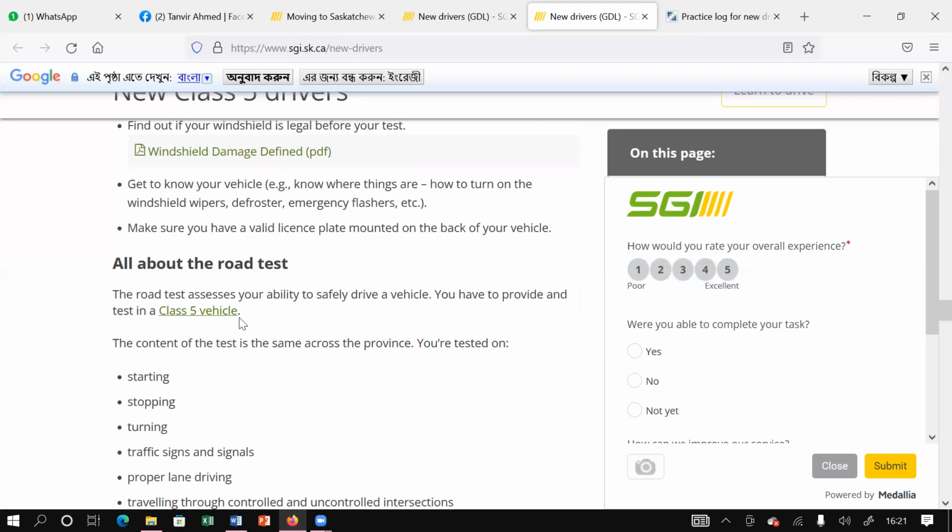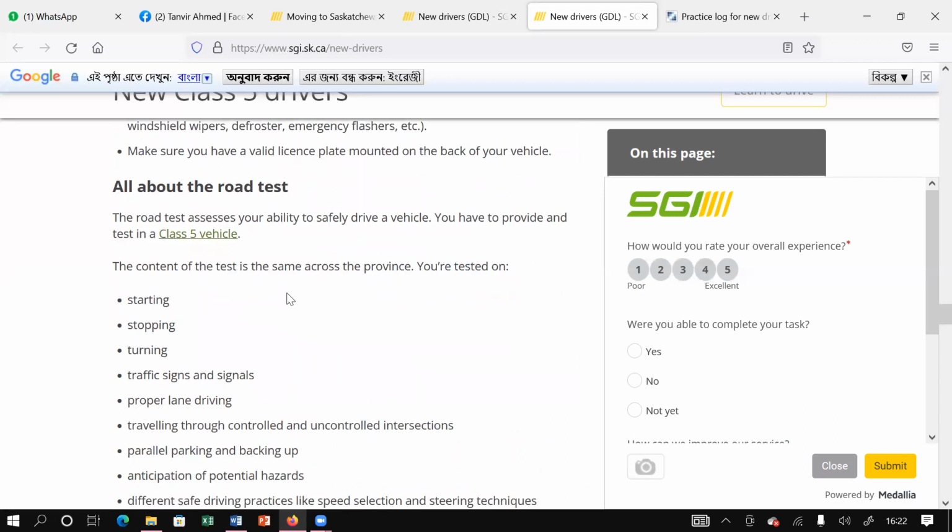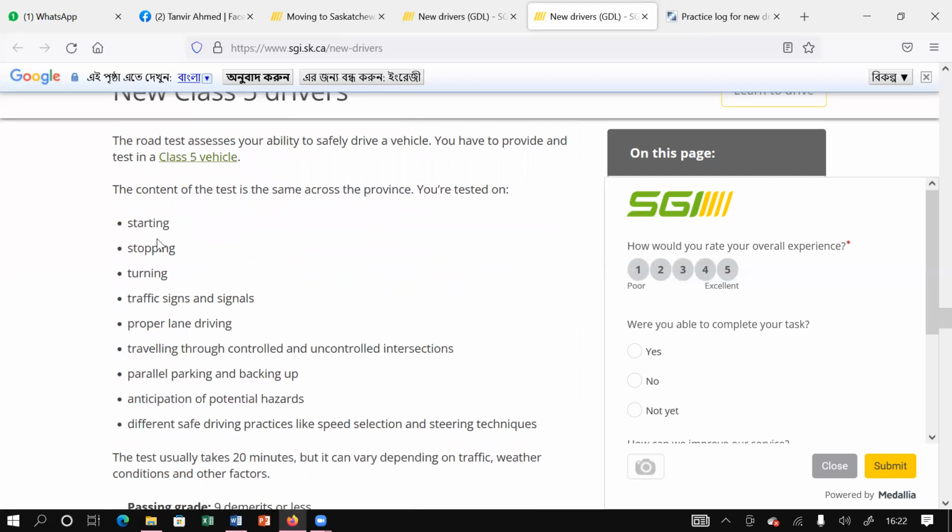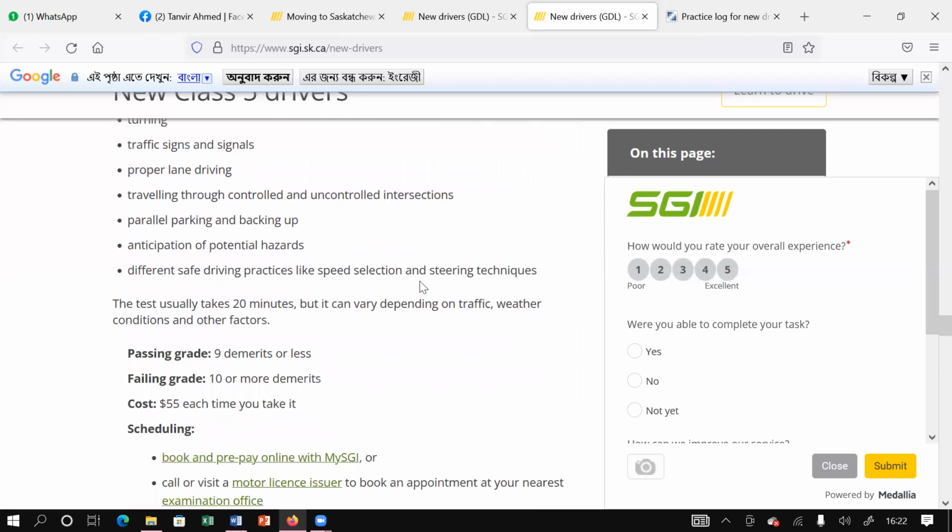The road test assesses your ability to safely drive a vehicle. You have to provide and test in a class 5 vehicle. Content of the test is the same across the province. You are tested on starting, stopping, turning left and right, traffic signals and signs, proper lane driving, traveling through controlled and uncontrolled intersections, parallel parking and backing up, anticipation of potential hazards, and different safe driving practices like speed selection and